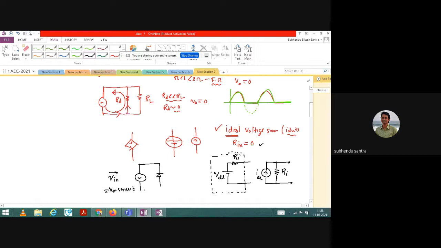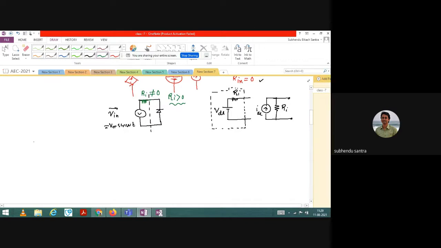Let us say I have connected a diode. Now I have taken an ideal voltage source. If you consider a practical one, in the question paper they may say that it is not ideal, it is practical. Then what modification do you need to make? Basically you need to connect a resistance. So this Ri is no longer equal to 0, or I can say Ri is greater than 0. Definitely if you consider a practical voltage source or sinusoidal source, there will be an internal resistance. Now if that is the case, what will be the impact on the output?